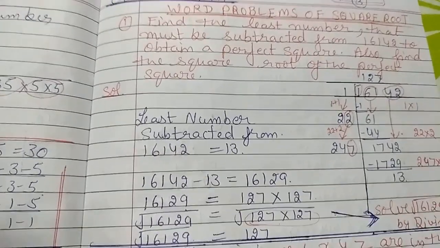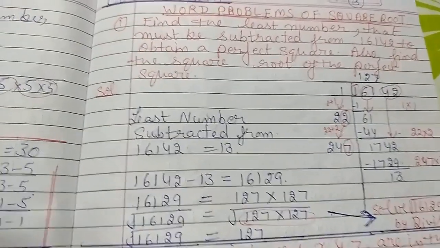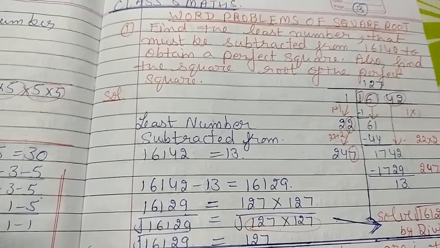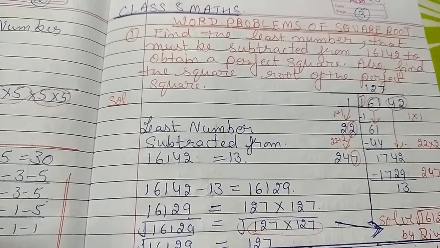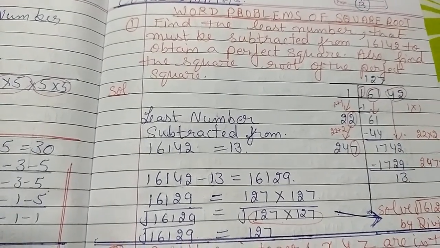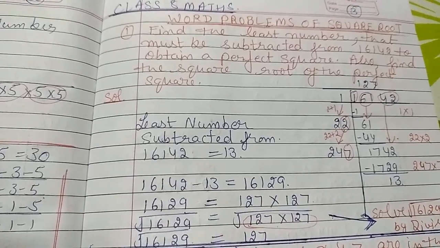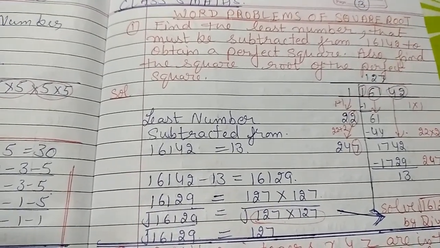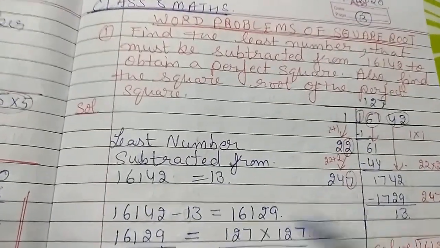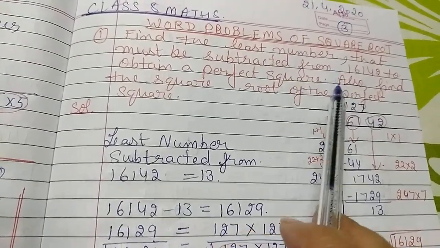Here are some word problems related to square root, some connected with our day-to-day life. If some situation occurs in your daily life, how do you solve this type of problem? So here are some questions. I have selected some questions, and some were given as homework assignments for better understanding of word problems of square root. Here, the first one: find the least number that must be subtracted from